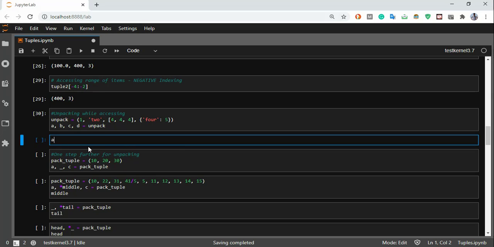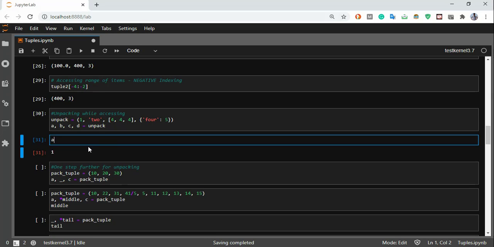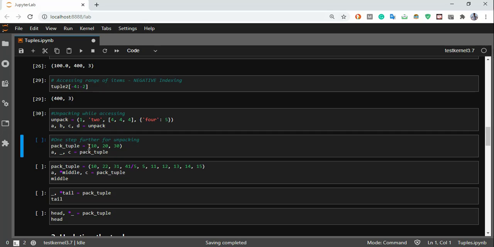The very first value of unpack tuple will be provided to a, and accordingly I'll get the last value in d. See, right? At times when we unpack a tuple, we are not sure about how many values are present in it, or we don't need to access all the individual elements, right? In that case, I'll just write an underscore.